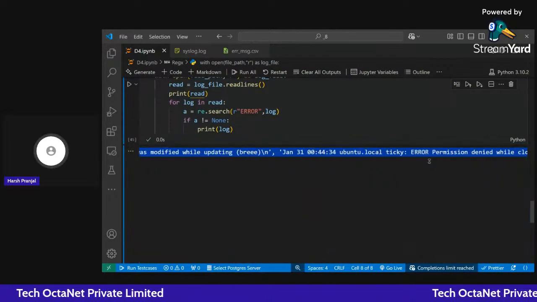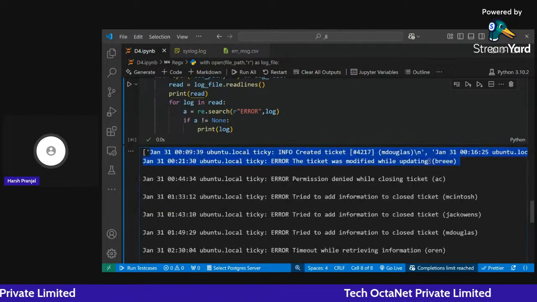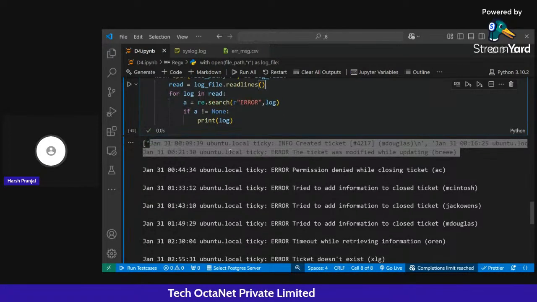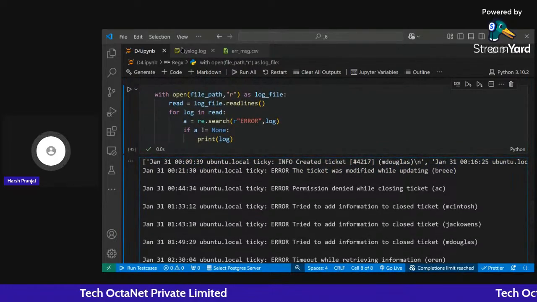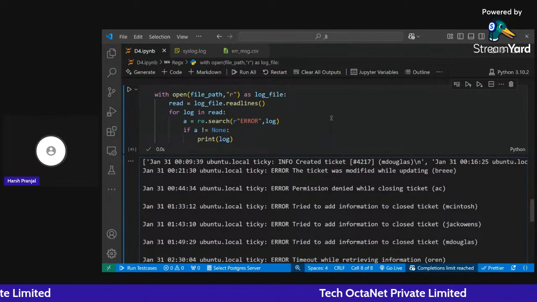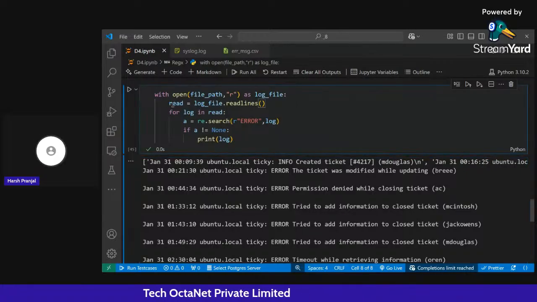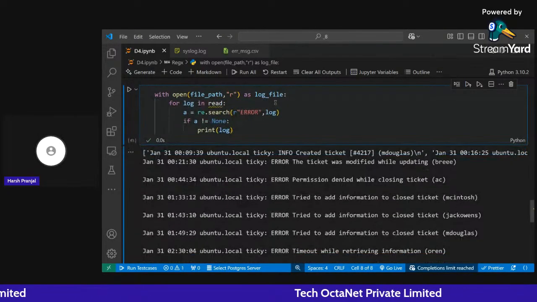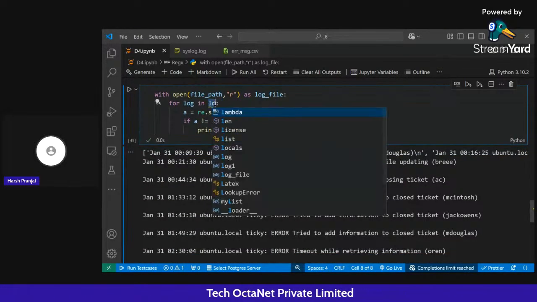Okay, entire file is there, right? Now this is not a good practice. Why? Because in our case the file is a small file, but if you are trying to open a file of larger size like 1 GB or 2 GB, it is not a good practice to create a variable of size 2 GB, right? For that, directly use log file